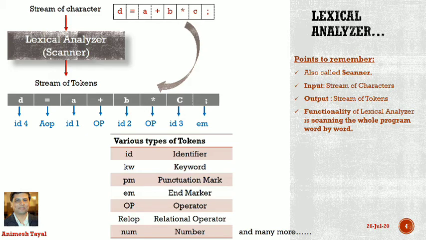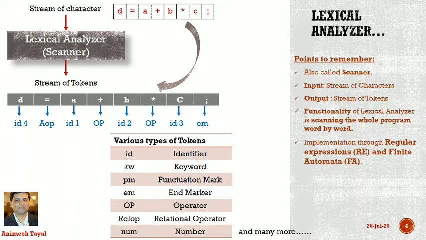So there are some tools which are used to implement that functionality. We also discuss about that, but this is the regular expression and finite automata. आप लोग ये सब कुछ पहले पढ़ चुके होंगे डेफिनेटली, बट अगर आप लोगों ने नहीं पढ़ा है तो मैं इसके लिए भी एक सेपरेट वीडियो लेक्चर्स आप लोगों को दूंगा इसके बाद. But the regular expression and finite automata is most important thing.